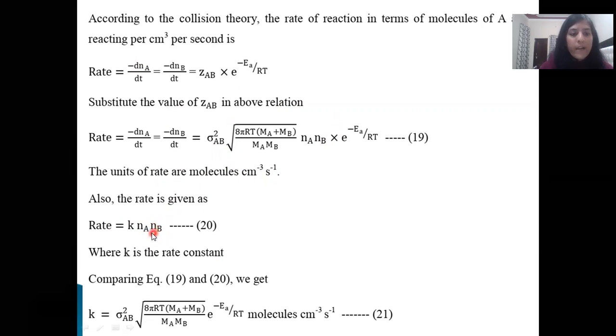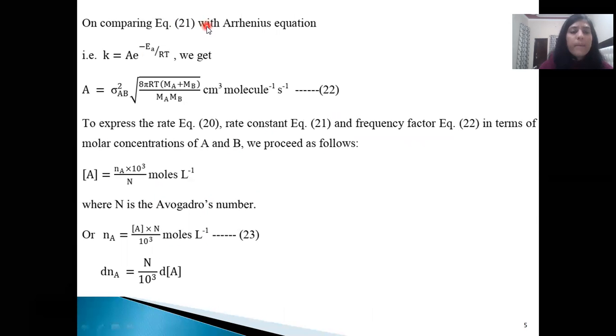Here we have two different molecules, A and B, so we write A plus B going to products, where k is the rate constant. Now compare equation 19 and 20. We get these rates, the left hand sides are equal, the N_A and N_B get cancelled, and then we get this relation. Now on comparing equation 21 with the Arrhenius equation, we get